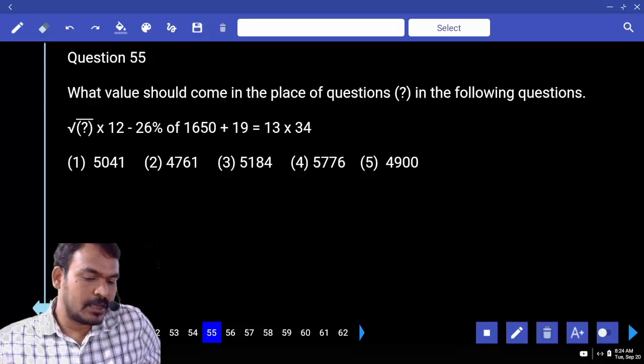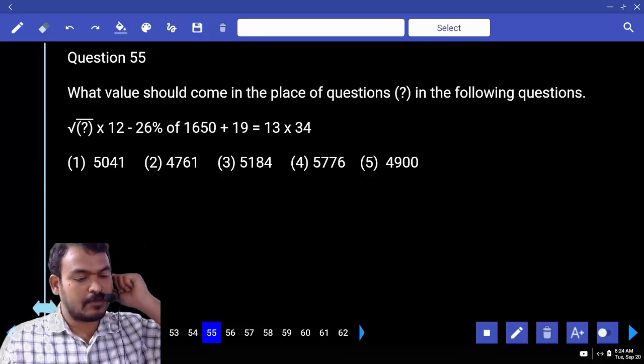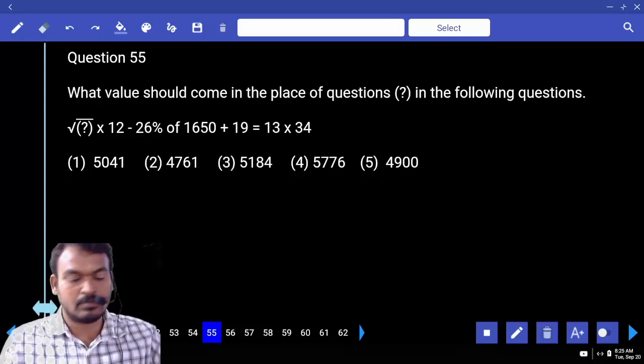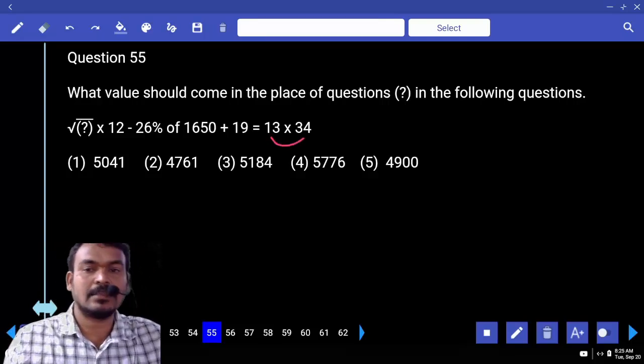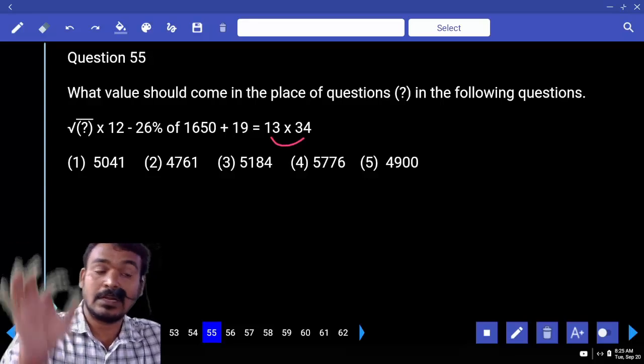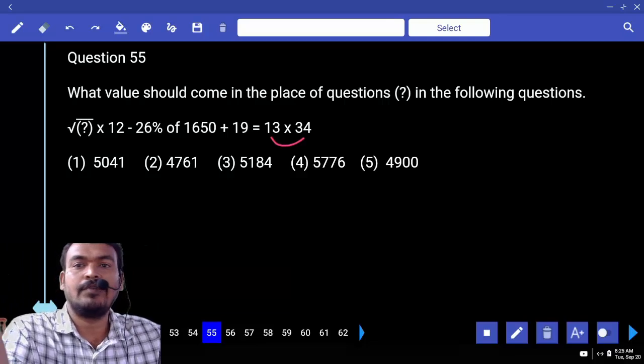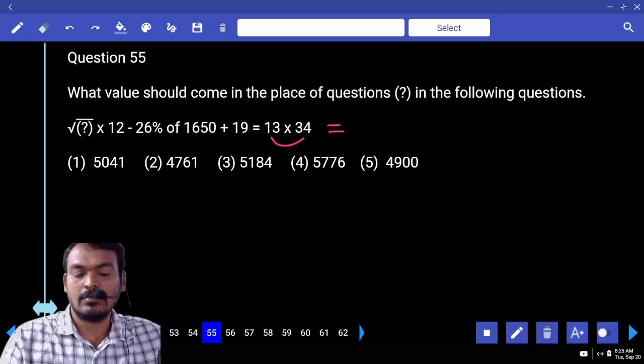Square root of something into 12 minus 26% of which one? 1650 plus 19, that is equal to 13 into 34. First priority, right hand side value. 13 into 30, 390. 13 into 4 is 52. 390 plus 52,